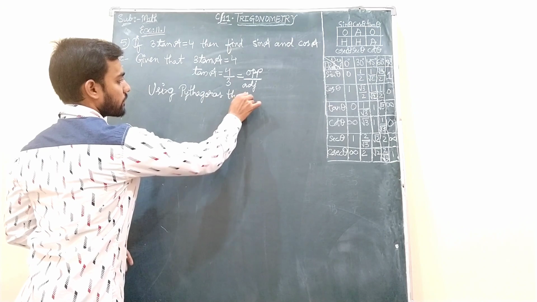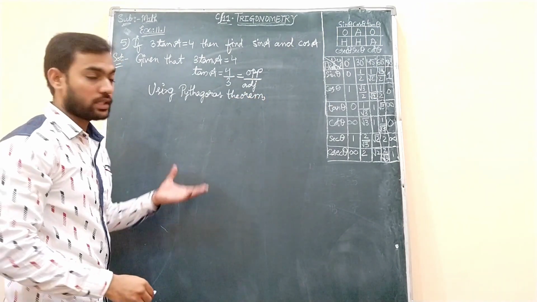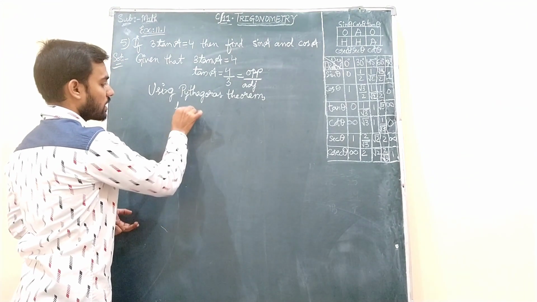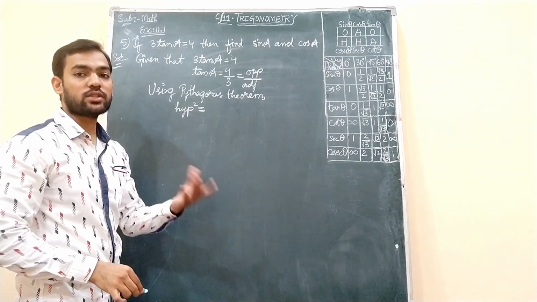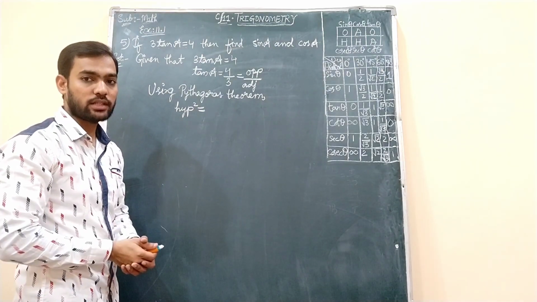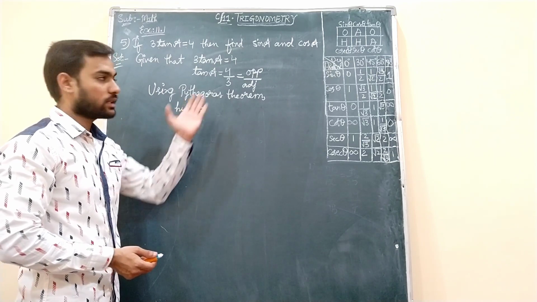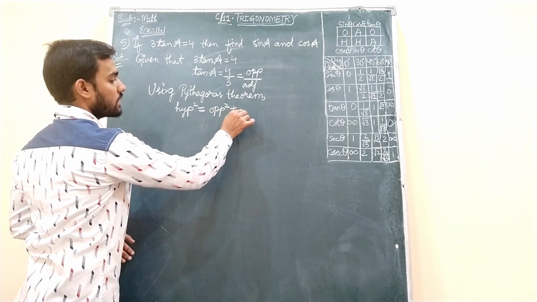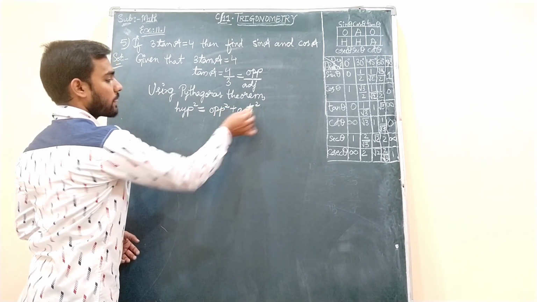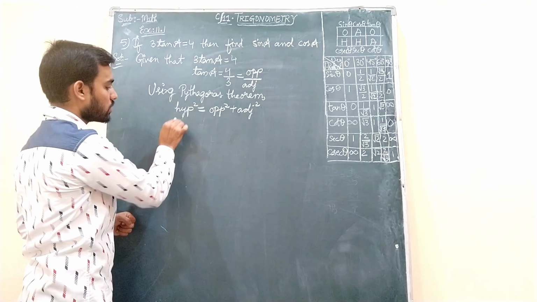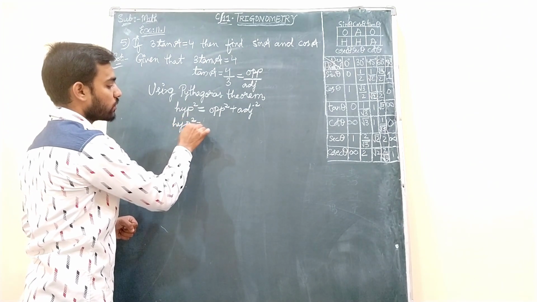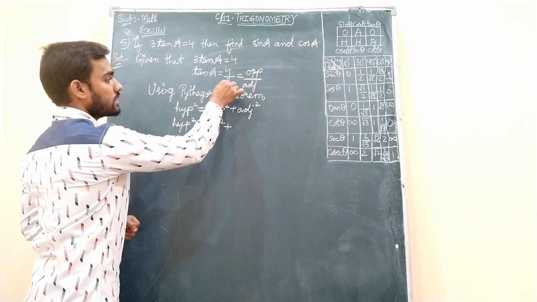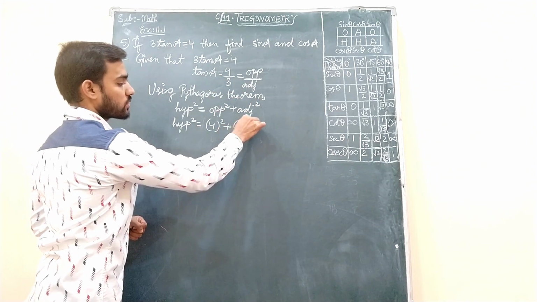Using Pythagoras theorem, as there is no triangle over here, we can say that the square of the hypotenuse is equal to the sum of the squares of the remaining two sides. So I will write here as it is. Which will be the remaining two sides in a right angle triangle? If we remove the hypotenuse, the two sides will be one opposite and another adjacent. So we will take opposite square plus adjacent square. Hypotenuse is missing, we have to find it out, so I will write hypotenuse square as it is.